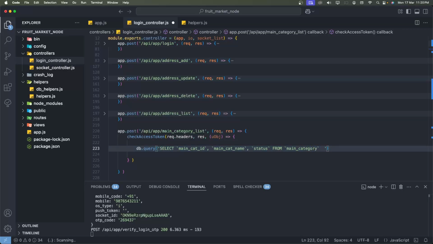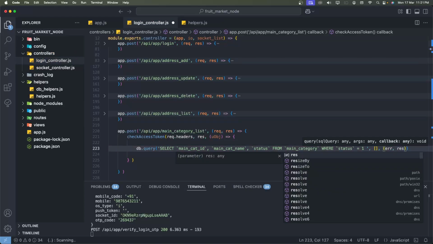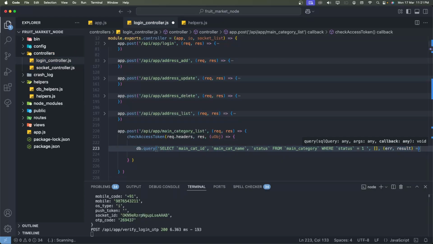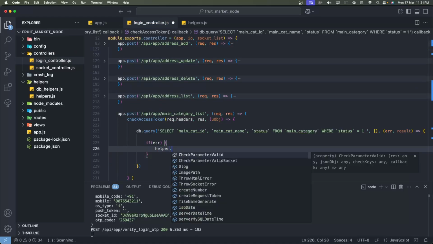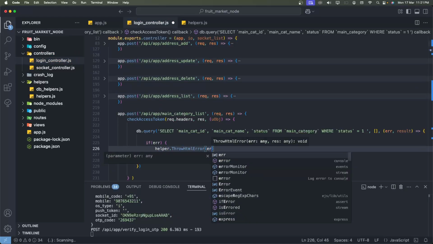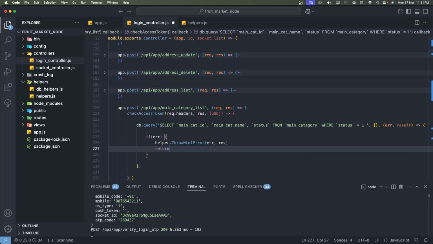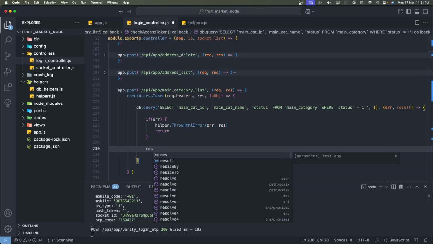and we need to write where, and set the status equal to one, and we need to get all the data and pass the blank value, errors and result. I actually need to write: if we get errors, we need to call helper dot throwHtmlError, pass the error and response, return these functions, and write response dot